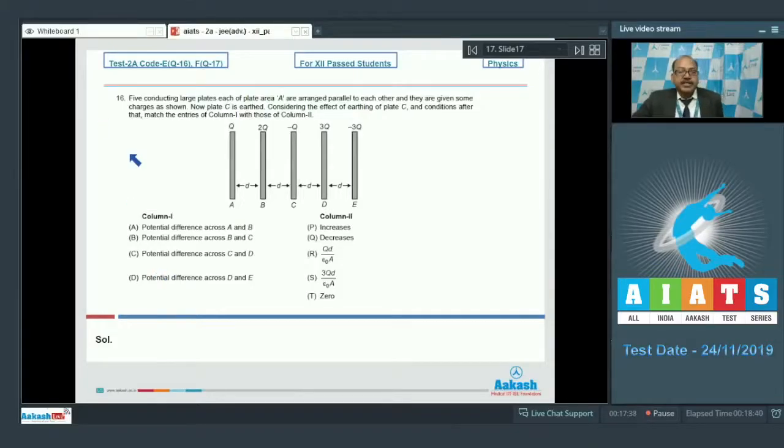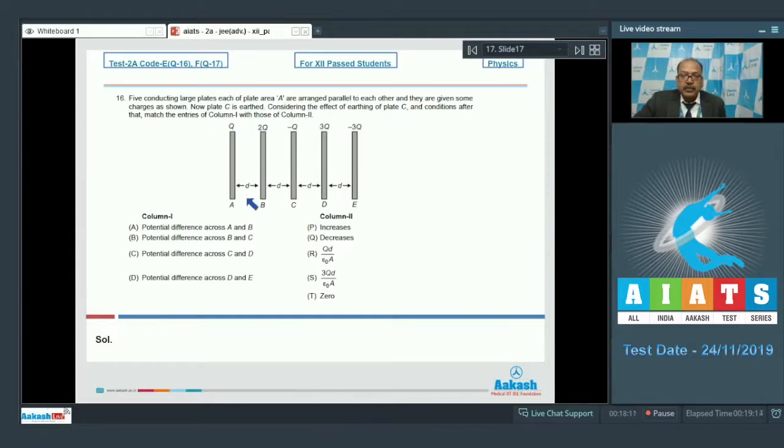We are now into section 4, the matching column type section. Let's look at question 16 from this section. It says 5 conducting large plates, each of plate area A, are arranged parallel to each other and they are given some charges as shown. Now plate C is earthed. Considering the effect of earthing of plate C and conditions after that, match the entries of column 1 with those